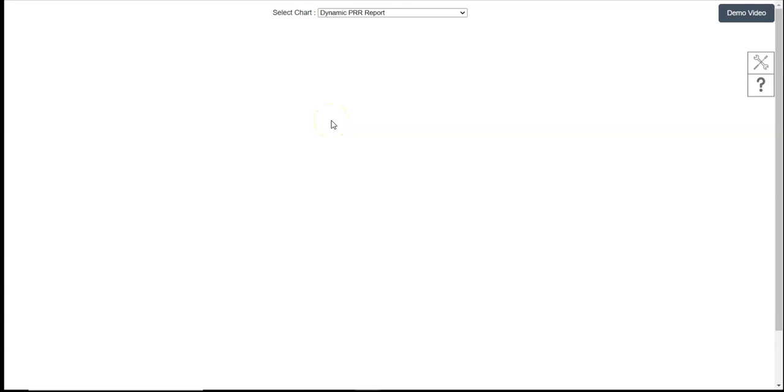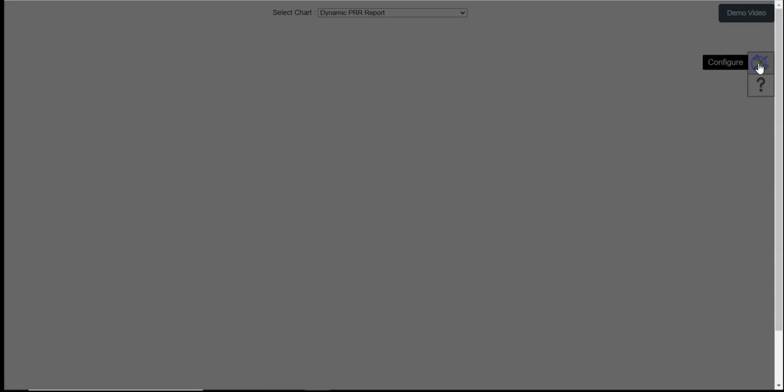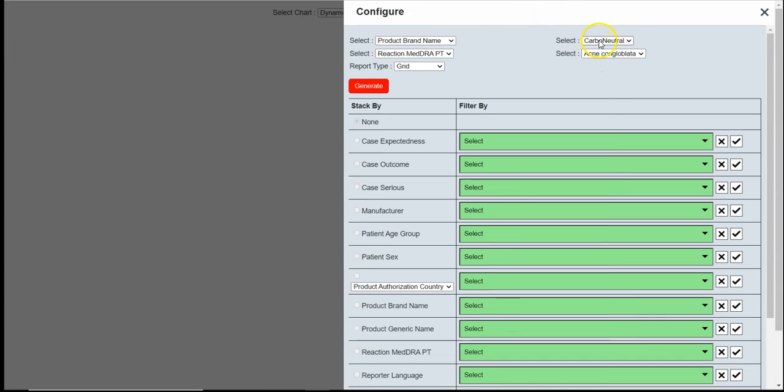We're looking at the Dynamic PRR report now. We're going to click on the configuration panel, where you get to choose between a product dimension. We have two here, generic and brand. In production we would also have active ingredient, and here we only have one meta hierarchy, PT. In production, once again, we would have all 5 hierarchies, but for now, let's just stick with this and generate